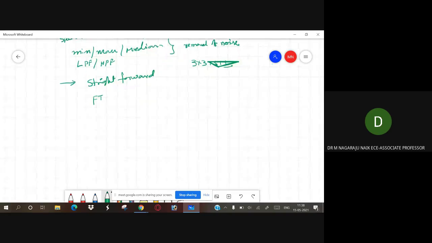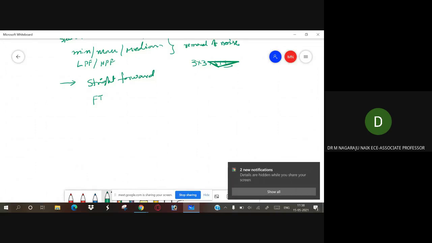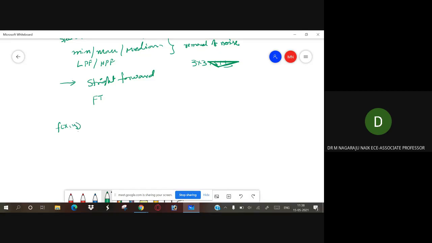In a simple block diagram representation of this enhancement method, f of x comma y is your input image. This input image is applied to the pre-processing.